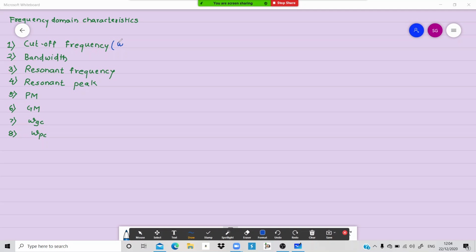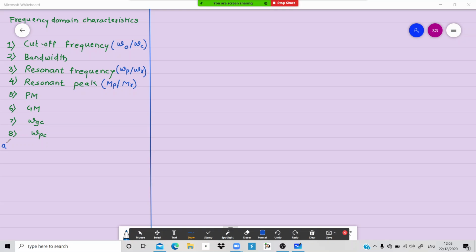So you will find, yes, this is denoted by omega naught, or it is also denoted by omega C. Okay, this is denoted by omega P or omega R. Some books use omega R, MP or MR. Okay, and the rest of the things, the concept you are aware of. Again, I am not going to give you the concept, definitely not. Only what we will do is how to read these 4 things from the Bode plot, because the Bode plot is new for you. So how to read it from the Bode plot? Yes, I am going to tell you. Okay, so I'm going for the derivation.